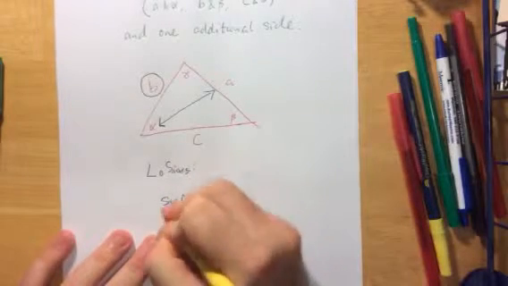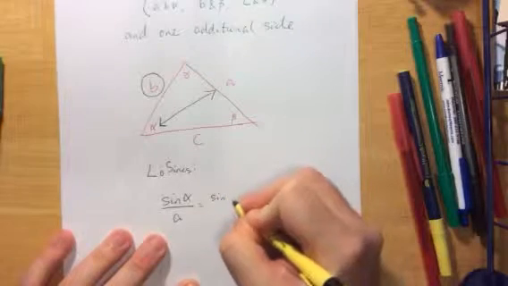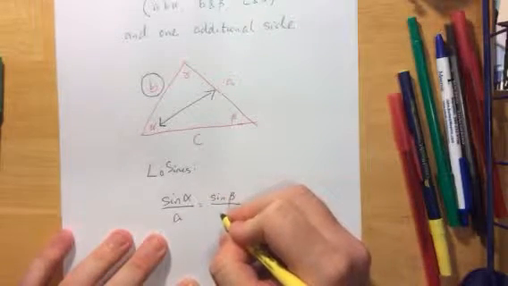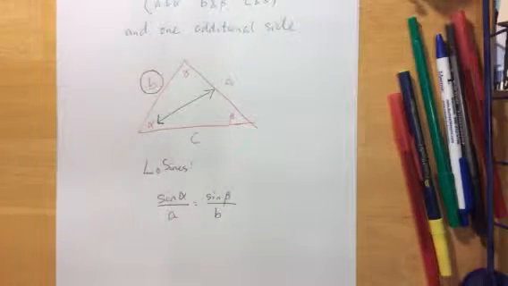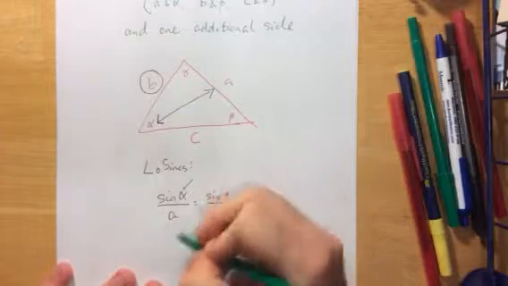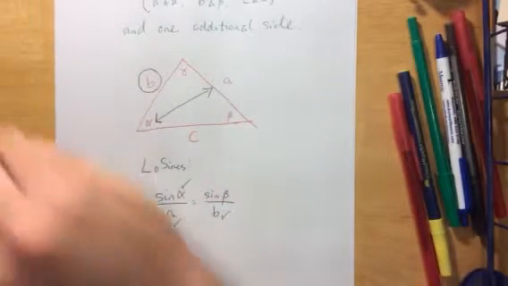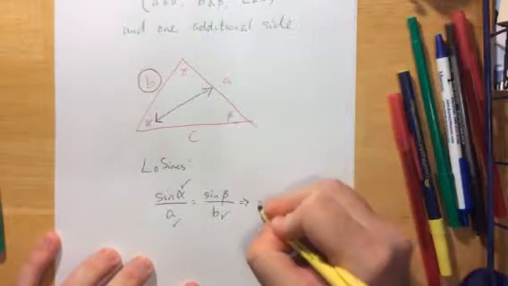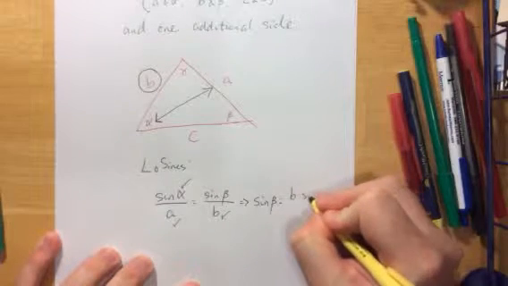Now, because we have a corresponding angle side pair in the form of A and alpha, we would set this up as sine of alpha over A is equal to the sine of beta over B. And the things in this equation that we know: the value of alpha, we know the value of A, we know the value of B, which means that we are going to wind up solving for the sine of beta. And if we were to perform that algebra, we would get that the sine of beta is equal to B times the sine of alpha